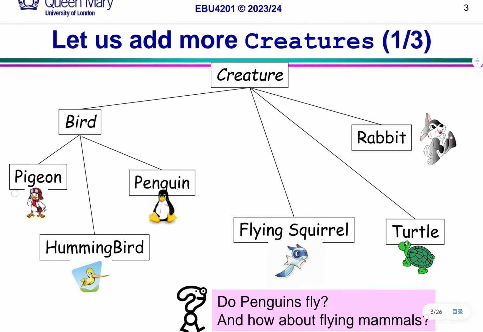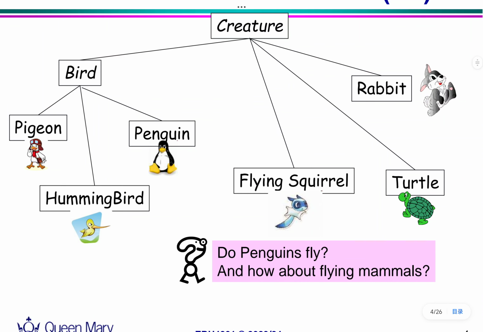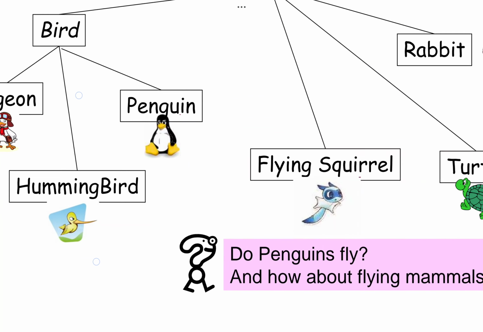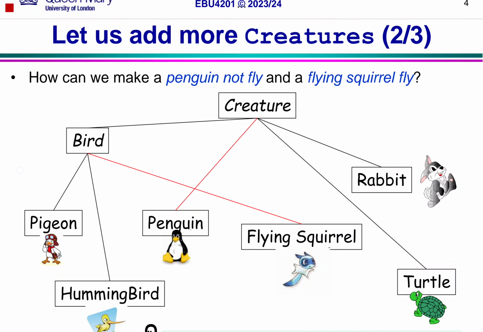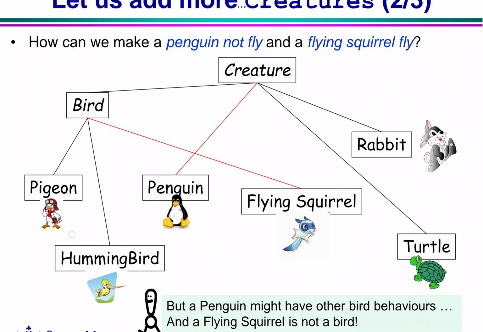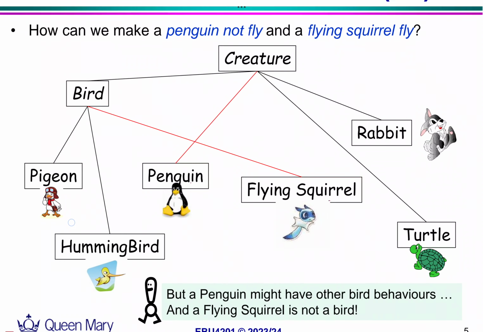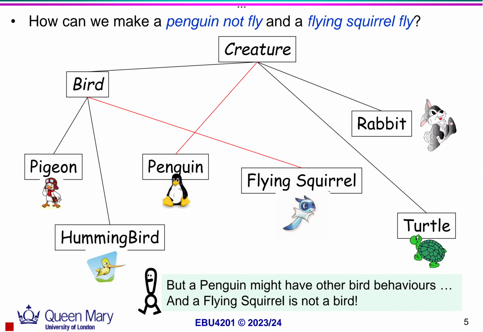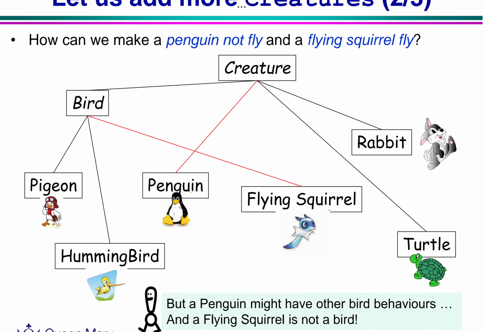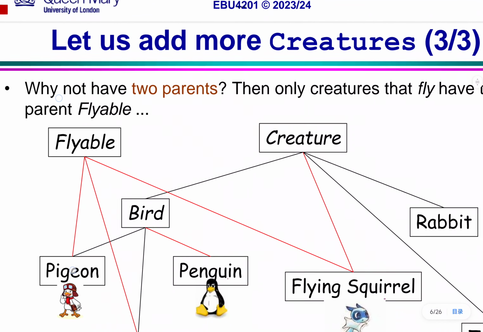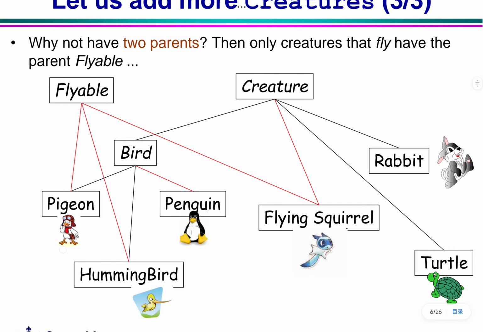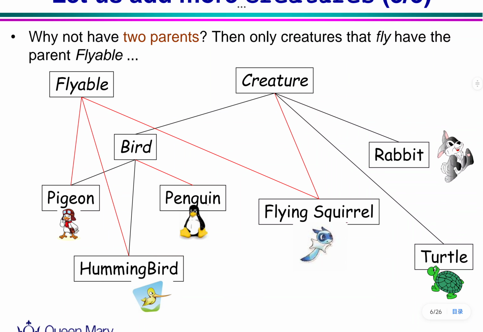Let's add more creatures like the penguin. Penguins are birds but cannot fly, but a flying squirrel can fly. So it's a little messy. How can we make a penguin not fly and the flying squirrel fly? Why not have two parents? The only creatures that fly have the parent flyable, and the other things are just